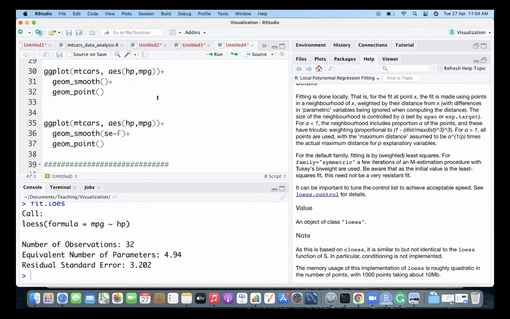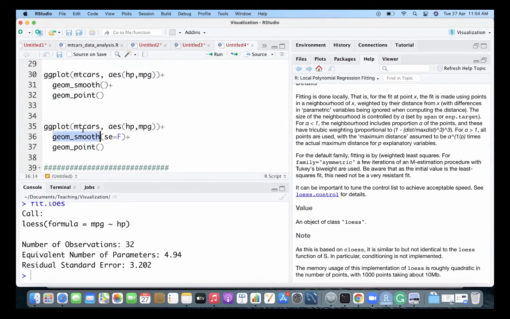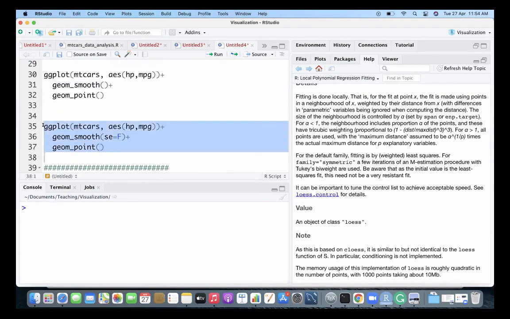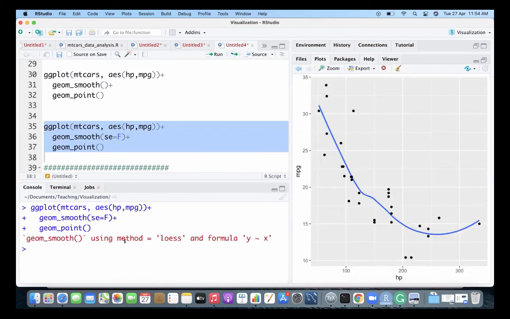But to the best of my knowledge, geom_smooth, because if you run this, it says geom_smooth using method equal to loess and formula y tilde x, that means MPG as a function of HP. So my y is MPG, right? And x is HP.